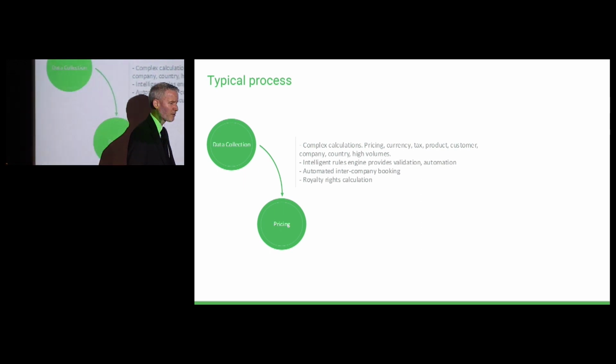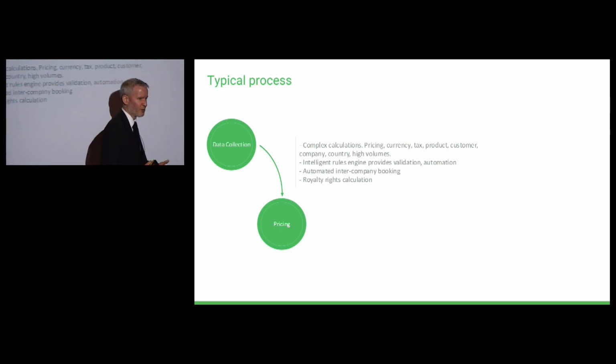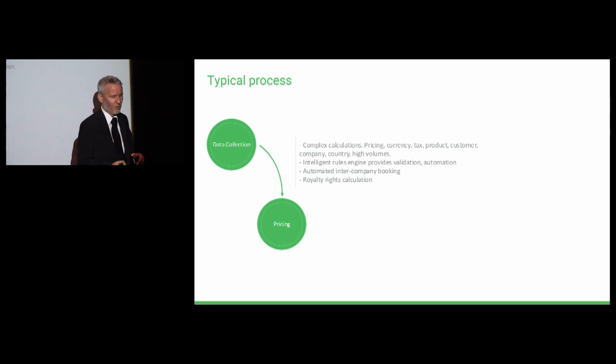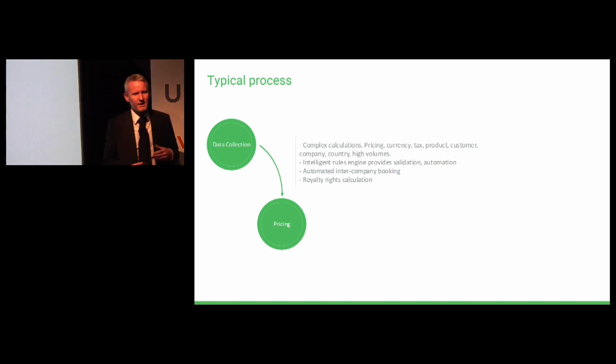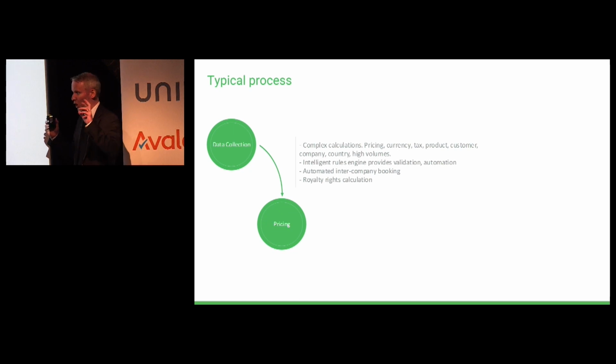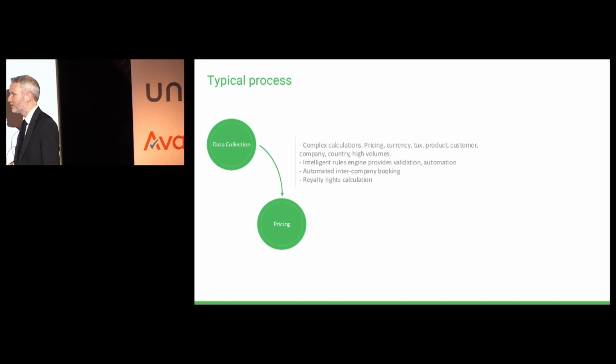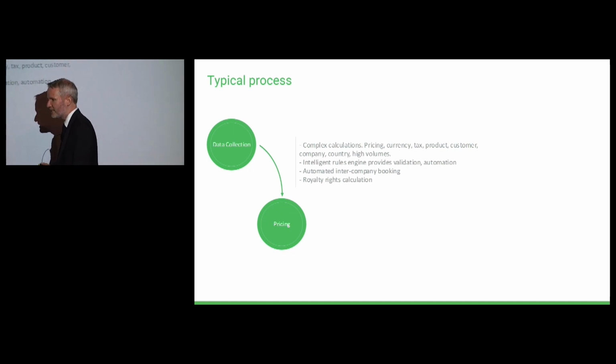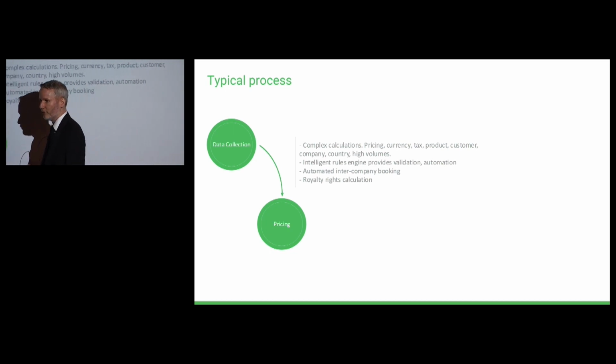If it does come across something it doesn't understand, it's not just going to take a guess at it and go, yeah, we'll bill that person X amount of money. It's going to ask for validation and go through what you'd expect from a little workflow. It deals with automated intercompany bookings, and one of the really powerful aspects of it for anyone who deals with